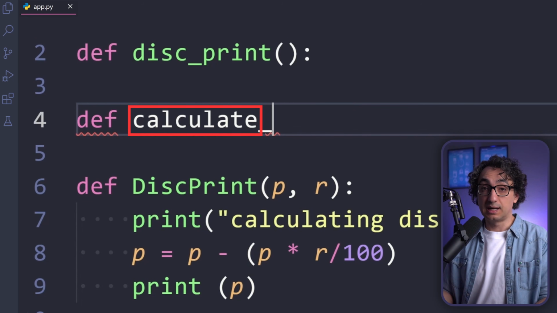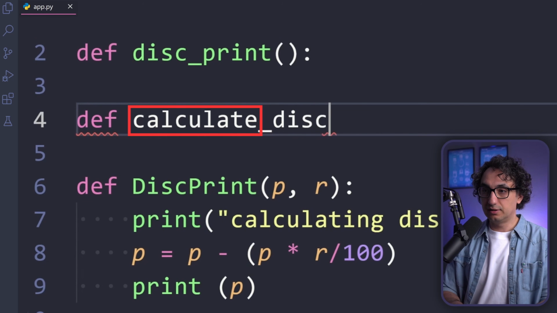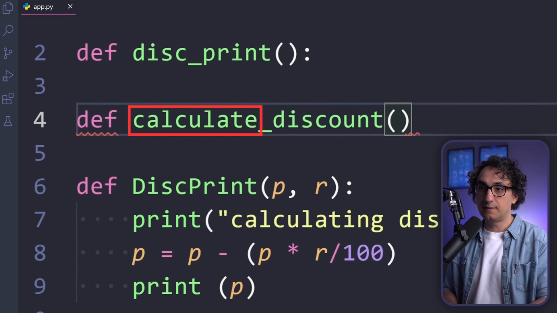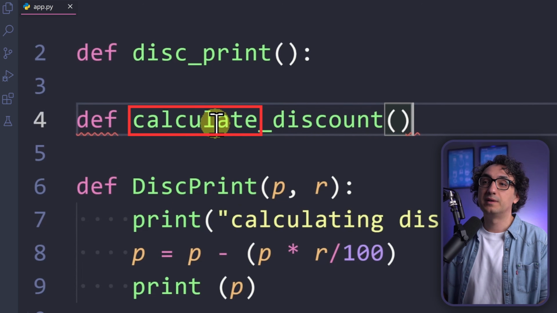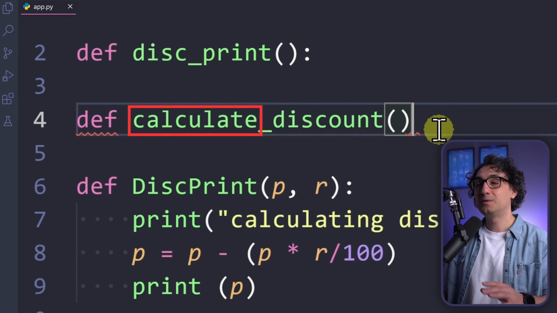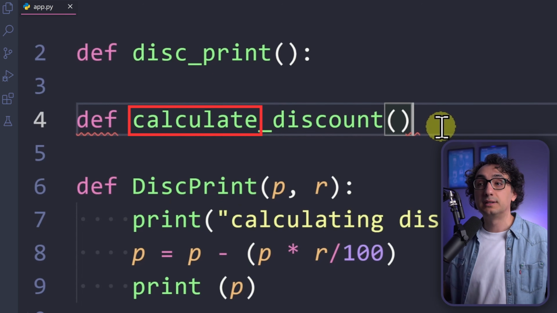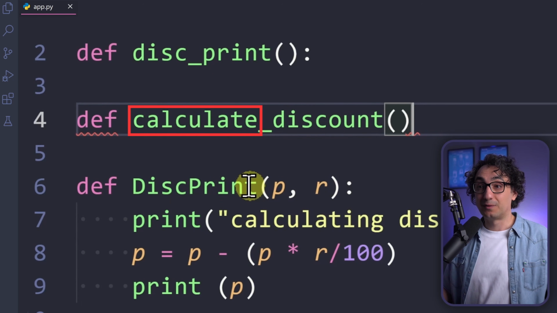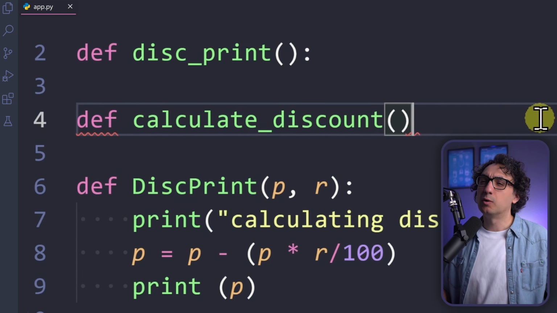And then we have to describe what we are calculating. It is actually the discounts. So this is the function name. It starts with a verb and all the names are clear. So now by just looking at the name, you can understand immediately we are calculating the discount. If you go and compare it to the old one, it is way more clear, right?